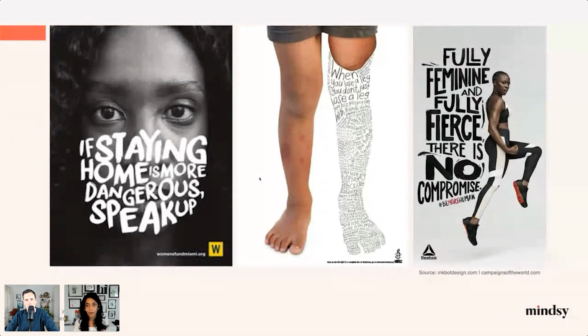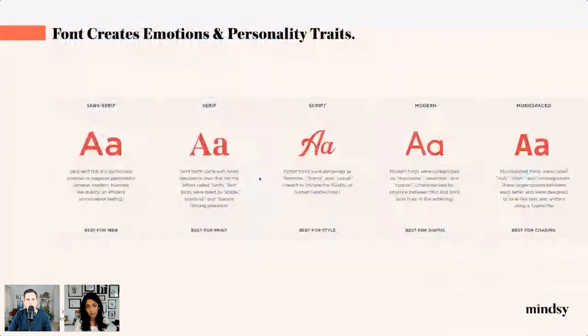On the Reebok ad also, you see it's powerful, very strong, bold strokes, handwritten brush strokes, and it has momentum going on. And the call to action, be more human. The "more" is in red, everything else is in black, and the shoe side I can see in red. And it really complements the body contour line. So typography and the visual really make a really good relationship with each other.